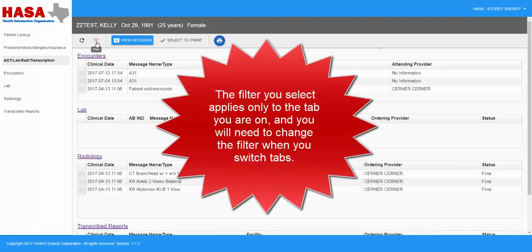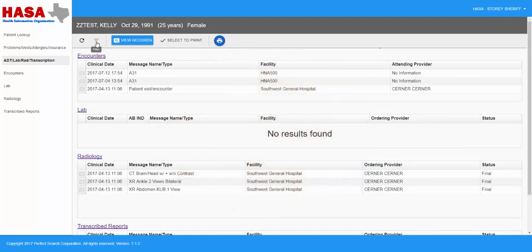The filter that you select applies only to this tab, and when you click to other tabs, you'll need to change the filter to whatever you'd like it to be. This tab and the next 4 has 2 modes: View Records and Select to Print. In the View Records mode, you can open records for details and view them. In the Select to Print mode, you can select specific records that you would like to print or save for